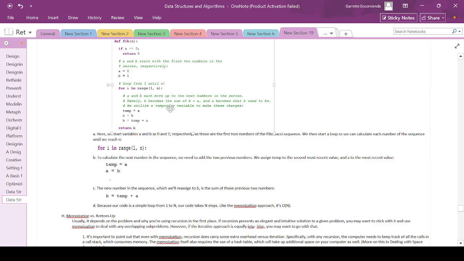A and B each move up to the next numbers in the series. Namely, B becomes the sum of B plus A, and A becomes what B used to be. So again, we initiate A equals 0 and B equals 1 as a base case,